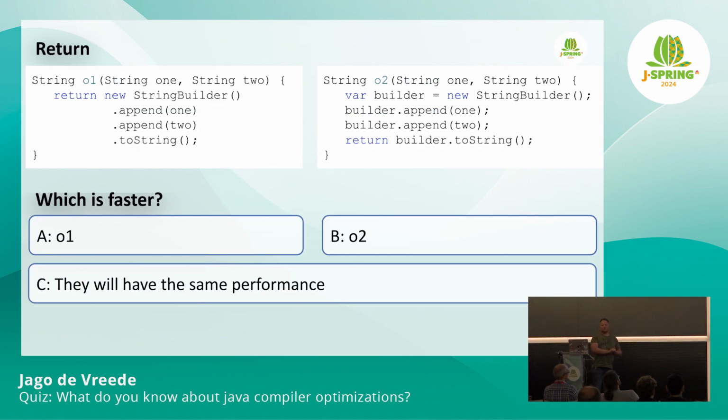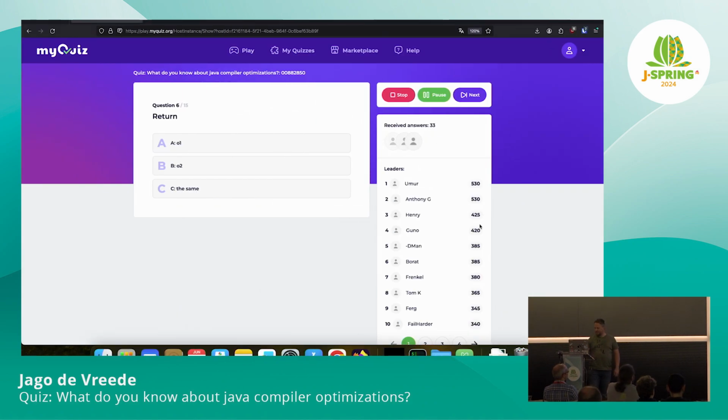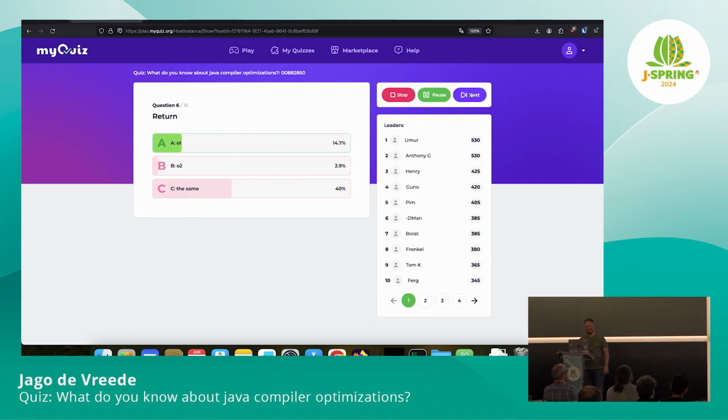So let's return something. Let's return a string builder then. So which one is faster? The return of the string builder without a temporary variable, or the one with a temporary variable? Yeah, that's the question as well. It's an easy one, right? Right. Right. Well,